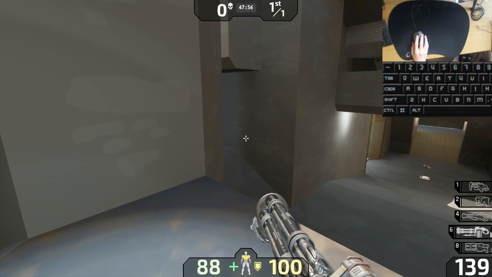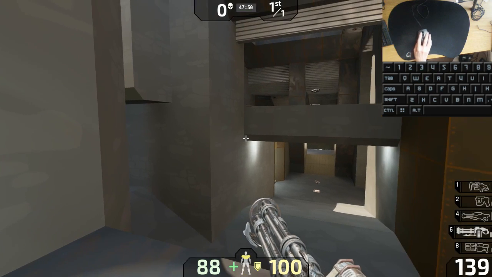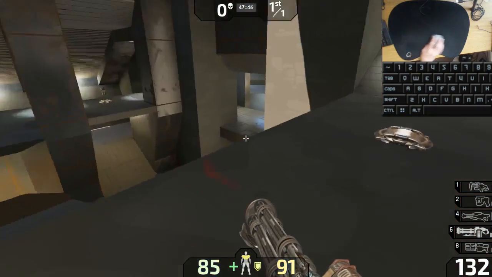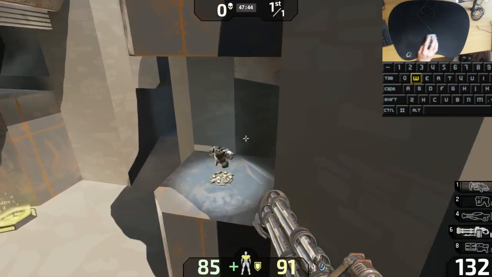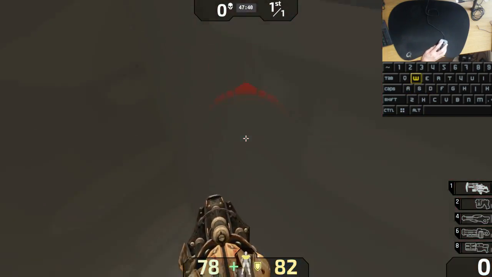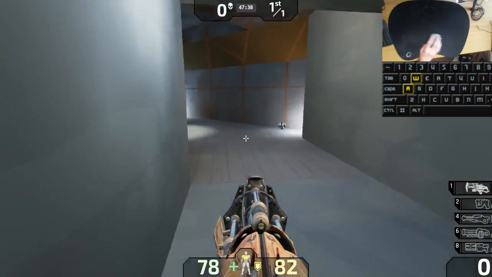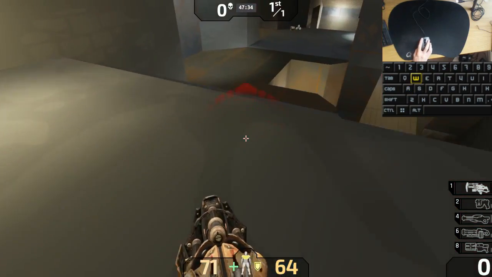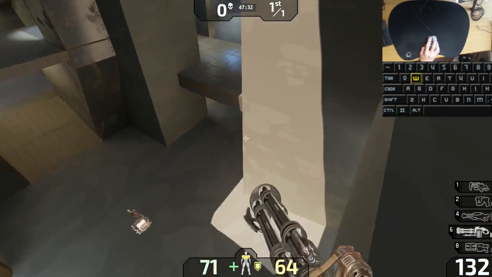There are some jumps that the Stinger just outright rules over the impact hammer, such as this one. If I want to get up to the link, I'll wall jump, shoot the wall, and I can Stinger up. Now when I try this with the impact hammer, I actually fail it a lot more, which is unusual because the impact hammer can do pretty much all the same jumps as the Stinger can,